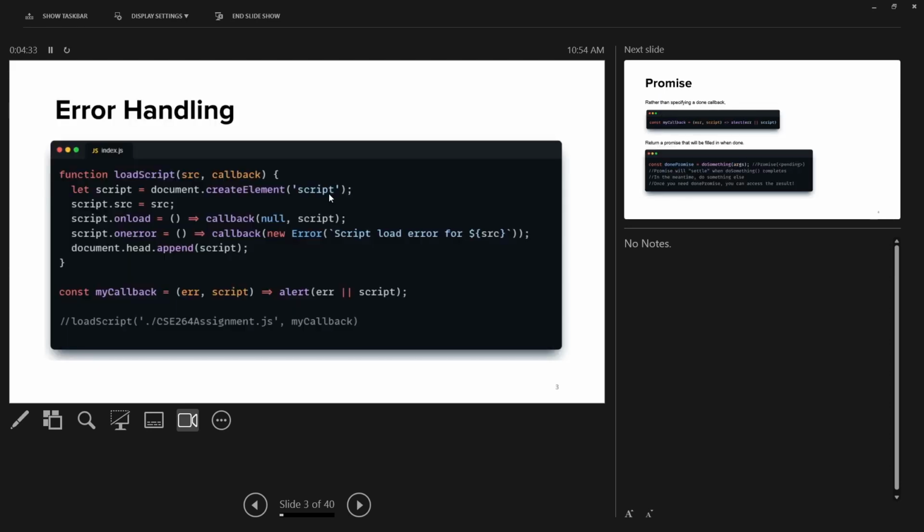So we started with callbacks. This is basically just the concept of passing a function into another function as a parameter, right? To call back a function when you're done with everything else. So in this example, we start with creating a script, right? Setting the source, and this can be a string, file path, URL, whatever works. And then setting two